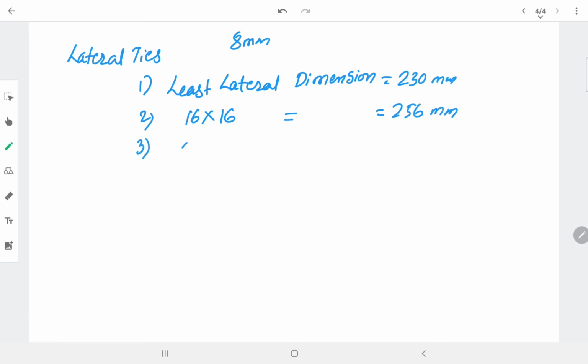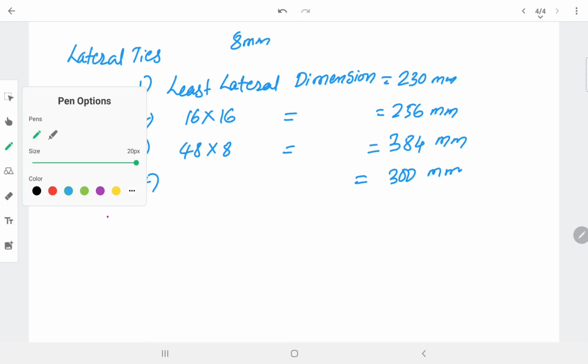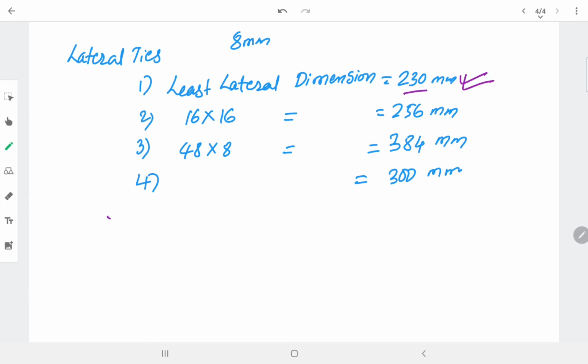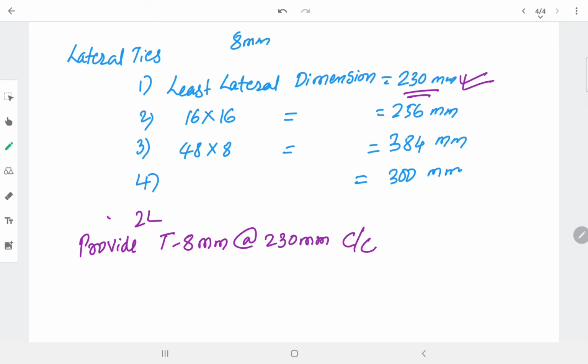And third one is 48 times the dia of lateral tie, that is equal to 384 mm. And fourth one is 300 mm. Among these 4 values, I must choose the least one, that is 230 mm. So I will be writing the statement, provide T8 mm, that is 2-legged T8 mm at 230 mm center to center.